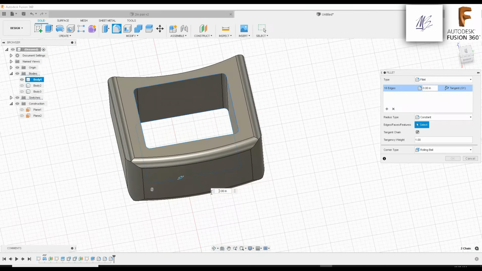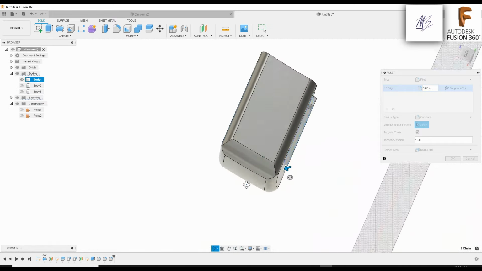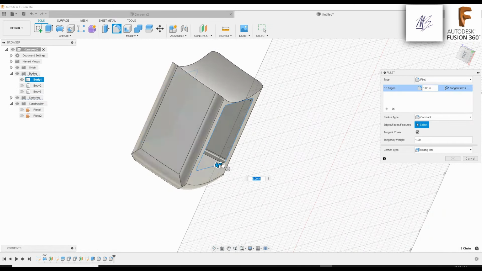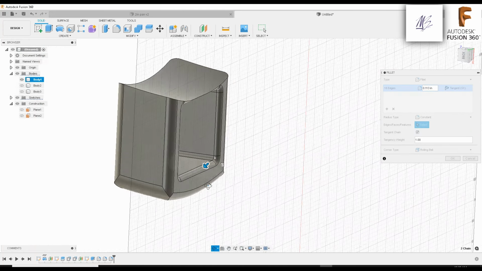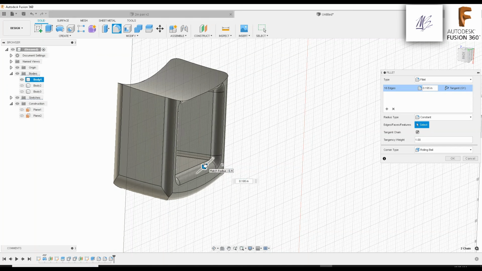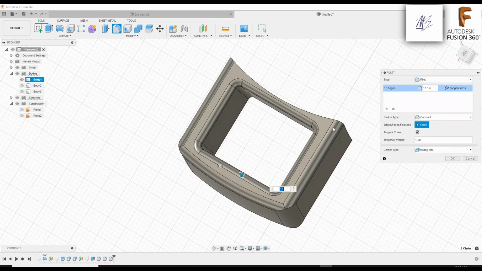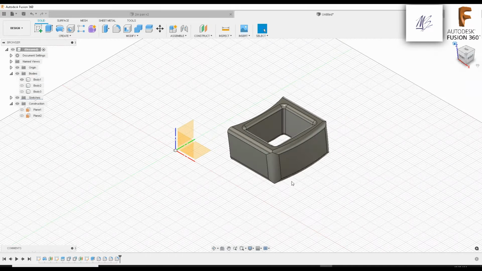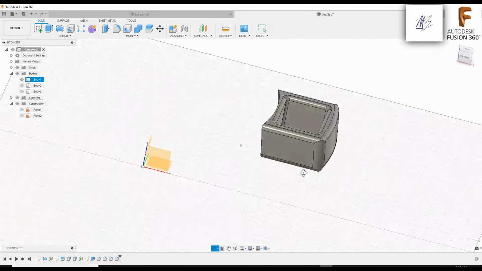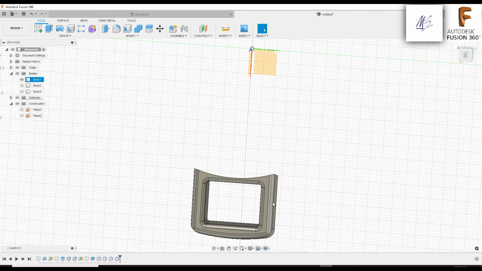Alright. So you can use the arrow to kind of get an idea of how far in you want this fillet to go. I think that's good. Like I said, we want this to be safe. Alright, something like that. So we'll say 0.15. I think that's cool. Yeah, that's cool. Okay. Alright. There you have it. Alright, so we created the handle for this